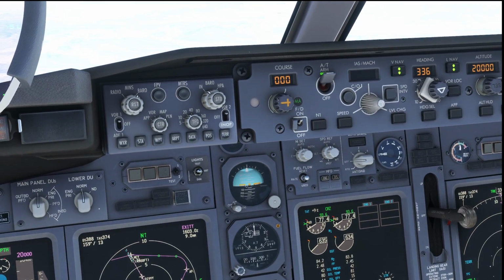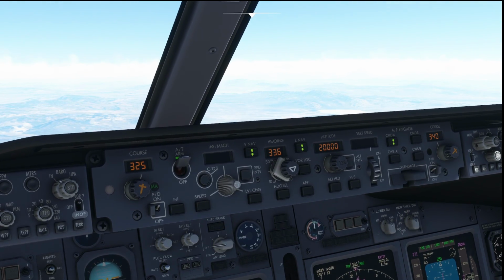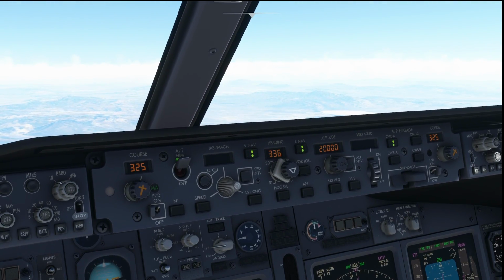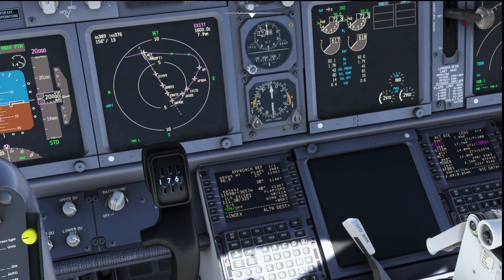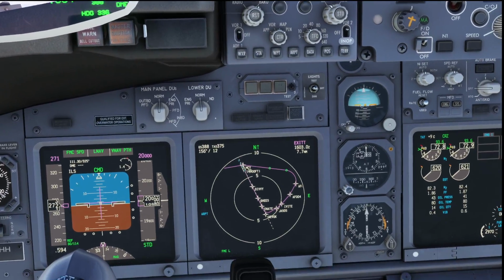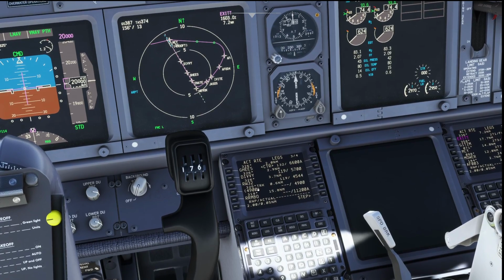Course of 325. And let's go here and here onto a course of 325. Alright, we don't have a minimum. In fact, we don't even have a published elevation of our destination. So I'll just take it from the runway 32 over here. That's plus 50 feet, so